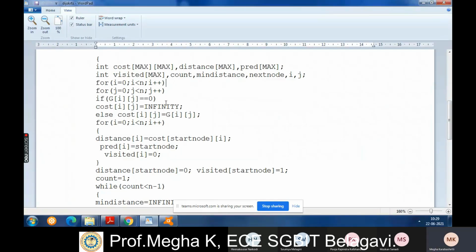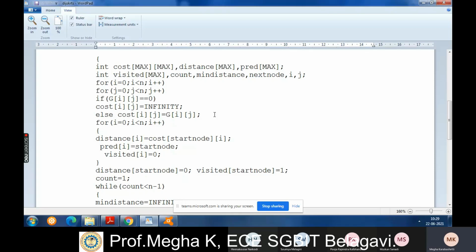Next, else, if it is not, yes, if the link is there, that means else cost[i][j] is equal to g[i][j]. Cost is nothing but whatever value is given in the adjacency matrix. In the adjacency matrix also I have written the cost, no? So there is no difference. The only difference is in the adjacency matrix we have written 0 when there is no link.